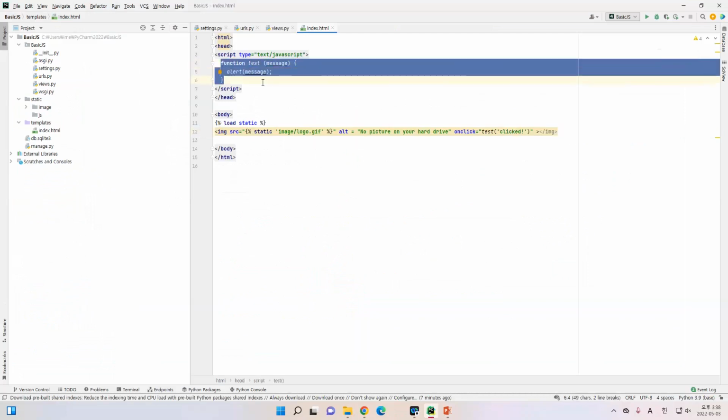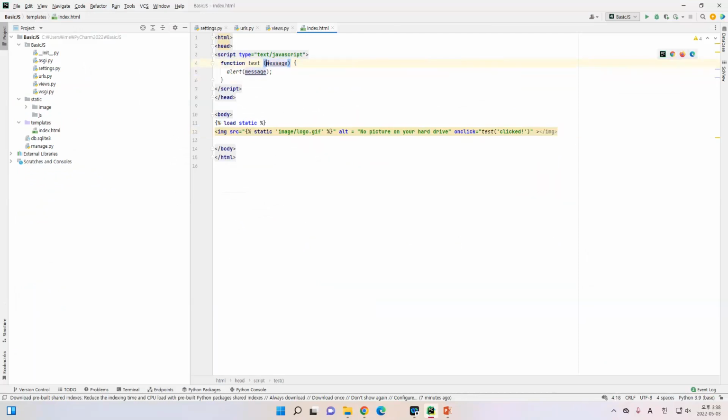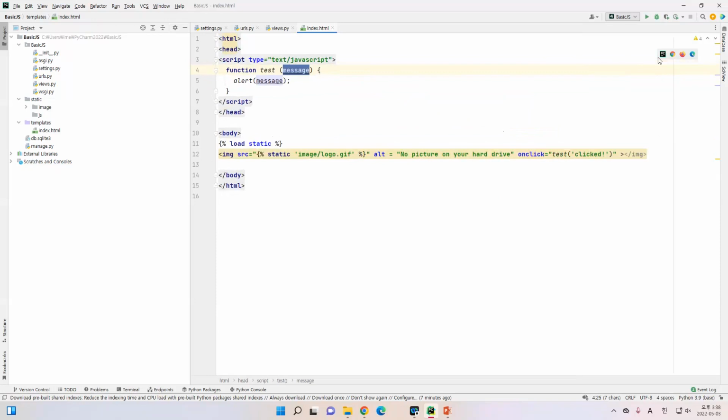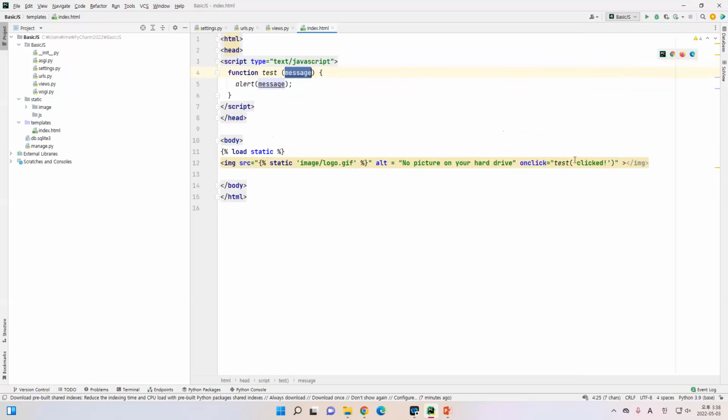In this case, we use the function test, and there is one parameter. The parameter can be a string, it can be a number, it can be anything, but I'm giving a string. So the string is click, and when I press